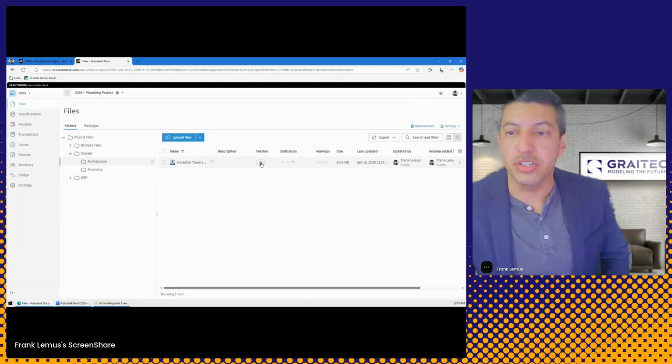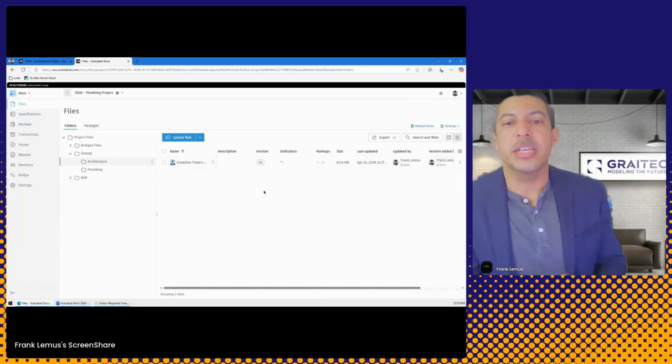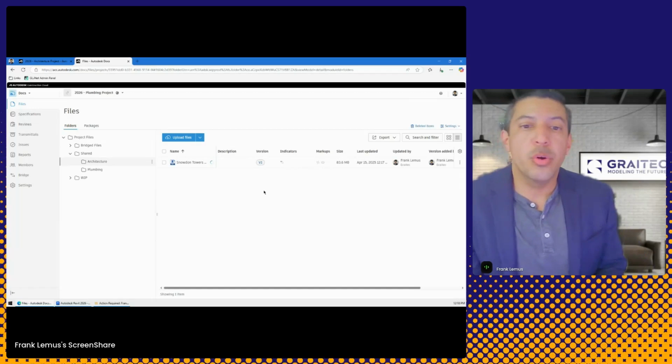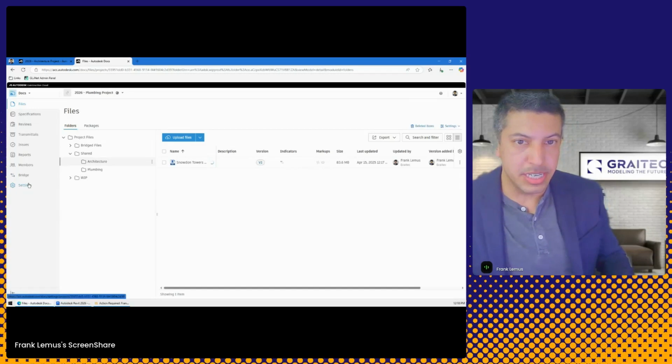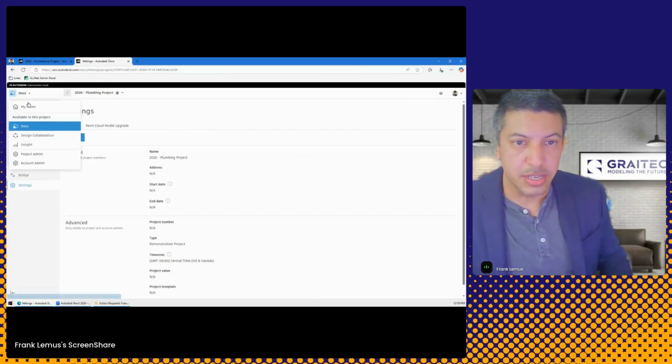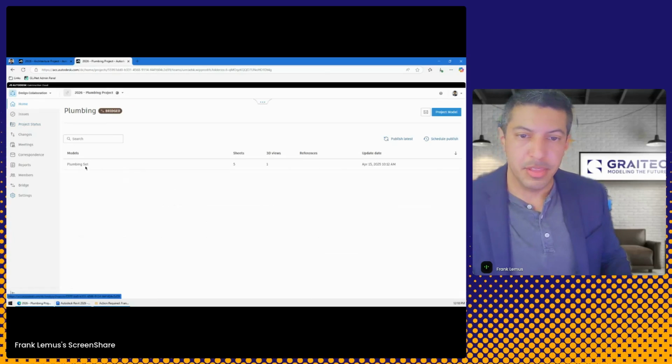I already created the package, so you can already see that it's coming through. And this is automatic. Now, this is the simplest way to get started with bridging if you are using the ACC environment with design collaboration and teams. And what I mean by teams is that if you go to your settings under the design collaboration module, you should see teams,